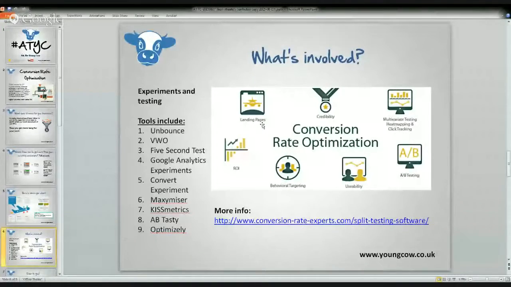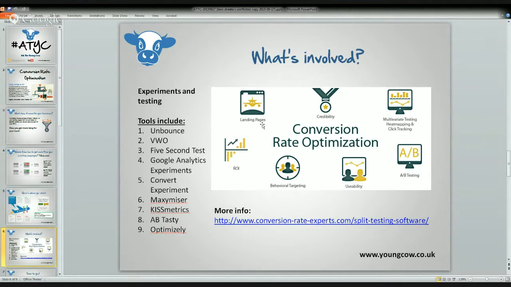So what I'm going to do is jump into our next slide. What's involved? Jack, run us through it. What tools are available? Okay, so the tools available. So I'll go through the images. The graphic on the right, so landing pages. So this links in with the A to B split testing as well. So test landing pages and see which ones are working and which ones aren't and why they aren't working.